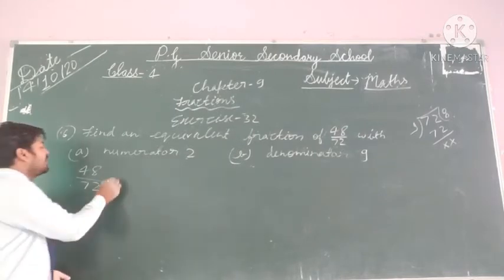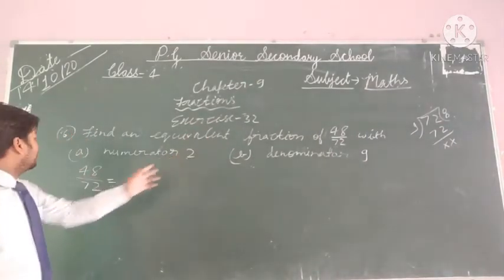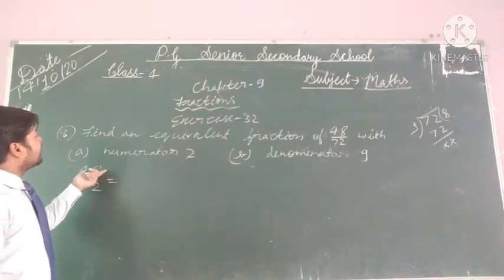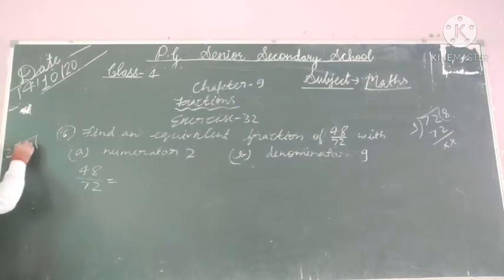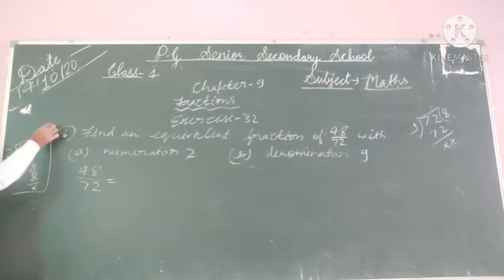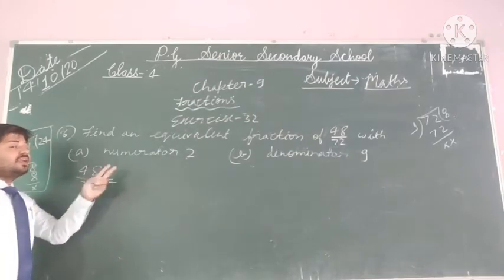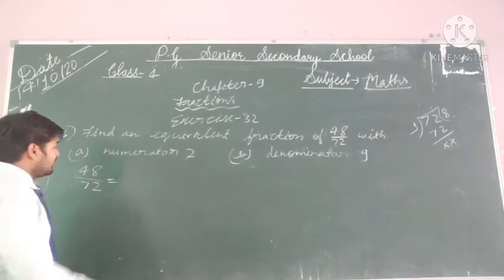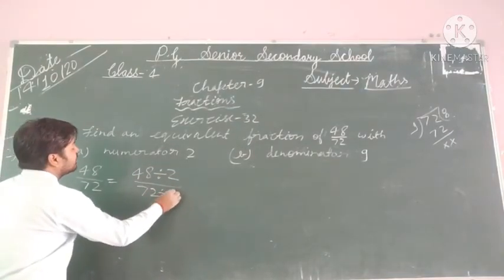तो आपको नहीं पता है बेटा कि आप किससे इसमें मल्टीप्लाई या डिवाइड करोगे, तो आप पहले 2 से उसको डिवाइड कर लो। 48 को कितना बनाना है? 2 बनाना है। तो हम 2 से इसमें डिवाइड करेंगे। सो 2 से हम 48 को डिवाइड करेंगे बेटा। 2 या 4, तो कितना आ गया? 24। ये काम आप रफ में कर सकते हो बेटा। This work you will do in your rough copy. ओके, रफ। सो कितना है? 24। इट मींस अगर 24 से हम 48 में डिवाइड करते हैं तो न्यूमरेटर कितना हो जाएगा? 2 हो जाएगा। ओके, so here you have to show here 48 divided by 2 and 72 divided by 2.